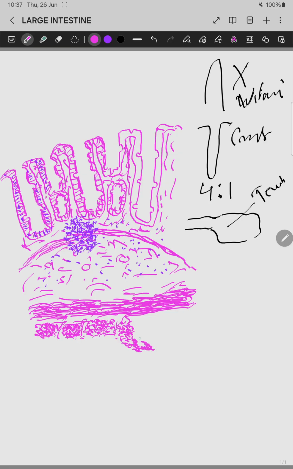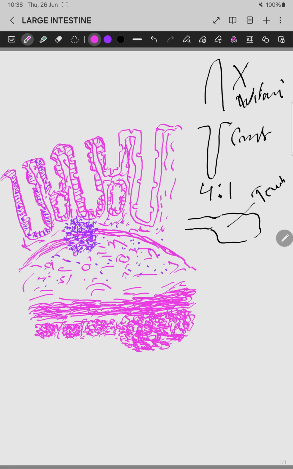So increase the thickness gradually towards one side of the diagram to indicate what? The tinea coli. As you remember, the tinea coli are present at regular intervals, and they are 3 in number. So one of the tinea coli you have to show in a section of what? The histology of this large intestine. So that is what I am drawing here.